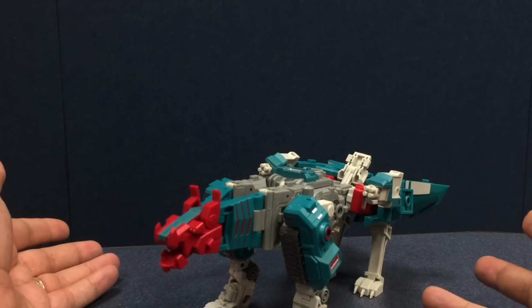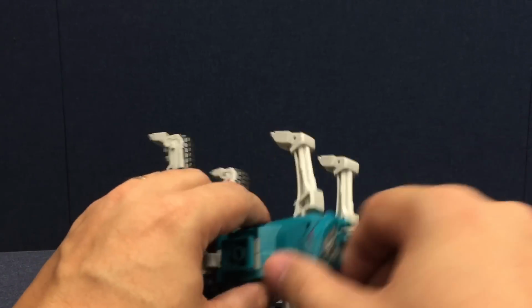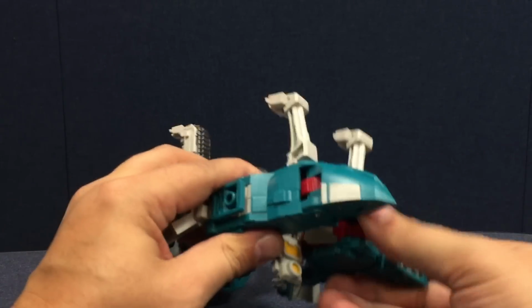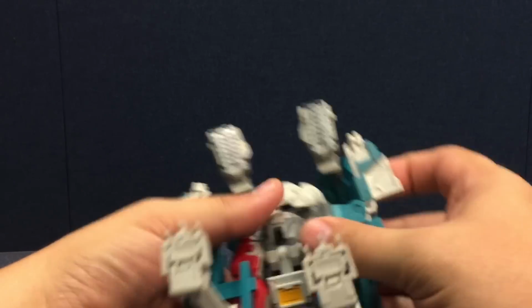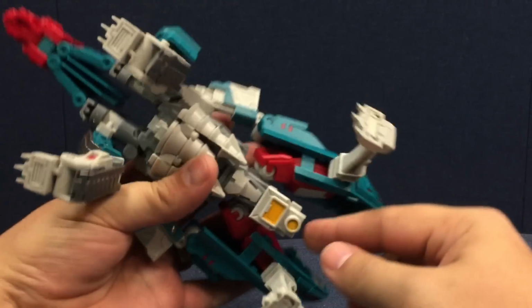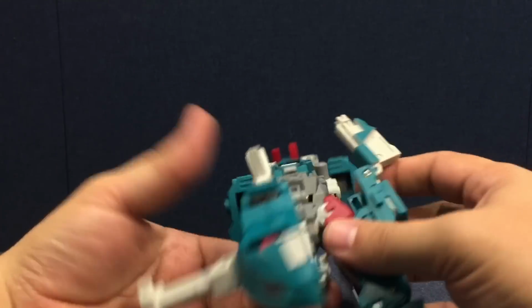On to Spaceship Mode. So we'll go ahead and flip these down, and flip these out. Rotate the legs this way. You want to bring this down through the legs. That's going to be one of his landing gear here in Spaceship Mode. So bring these around